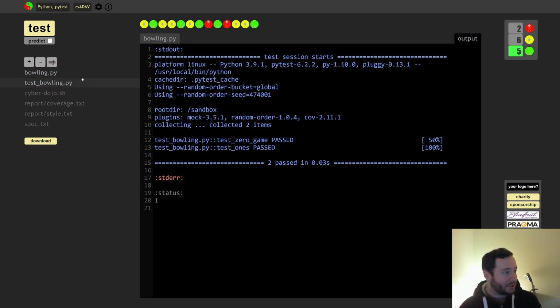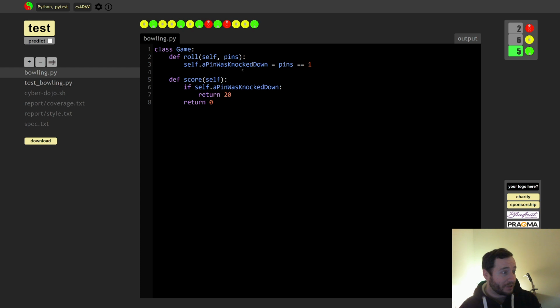So now we can look at the code. Obviously this code is terrible, but it makes the test pass. So to consider where we should go next, let's look at the code and figure out what functionality we want. Once we know what functionality we want, then we can write a failing test that describes that functionality. So it doesn't actually sum the rolls up. It just kind of assumes that you're either going to get 0 or 20 based on whether something was knocked down. So our next medium-term goal should probably be to actually